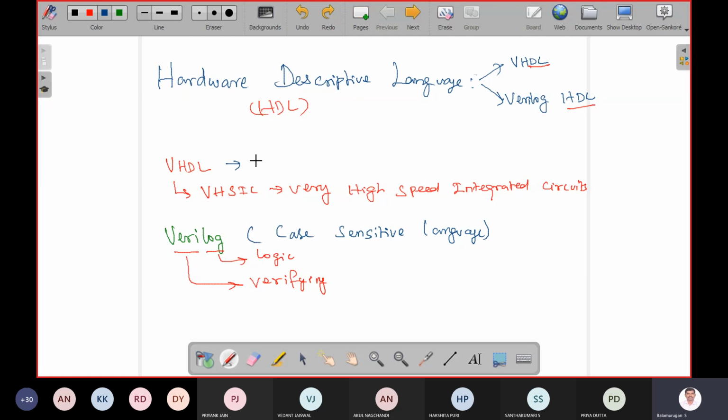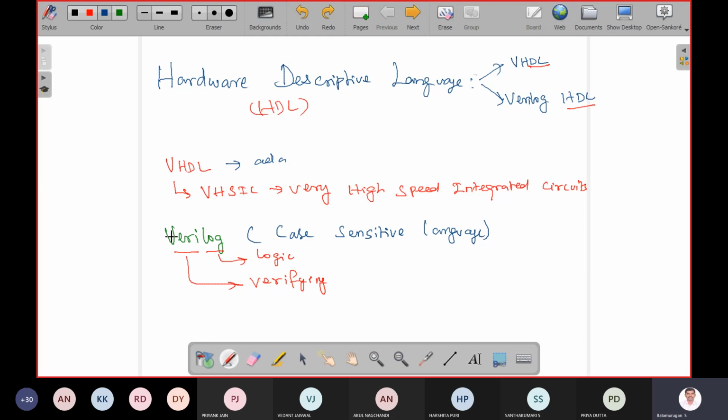The syntax of VHDL is based upon the Ada language, which is not familiar to us, and we have not studied Ada at all. So if you directly start studying VHDL, understanding it is a bit difficult.